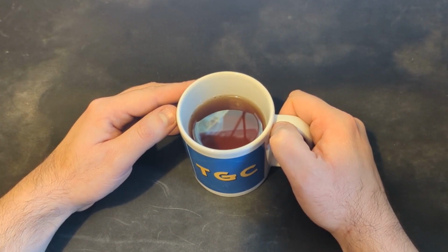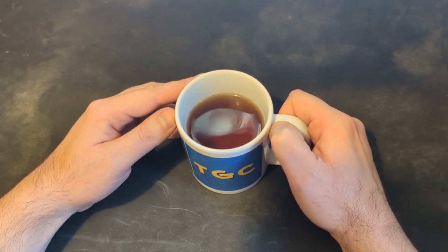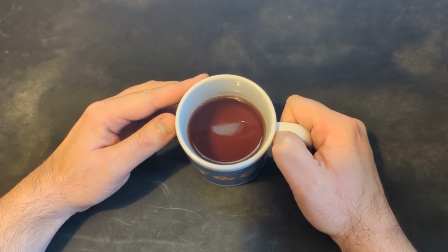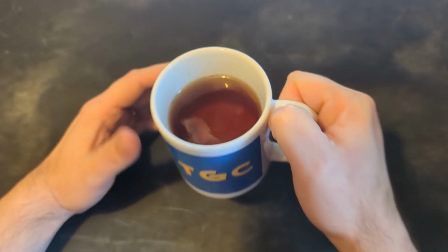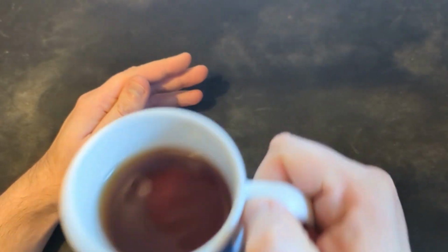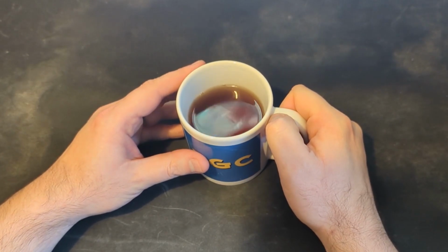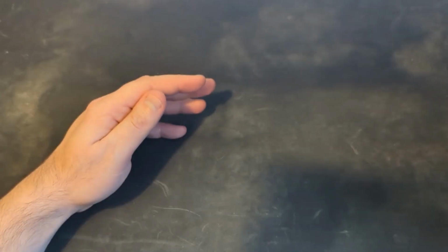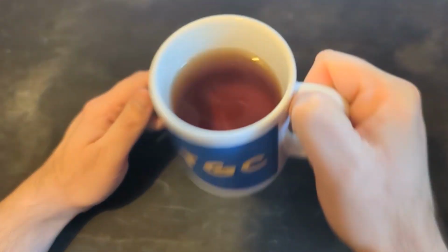And here we are with our lovely freshly brewed cup of Melbourne breakfast tea. And I mean, to look at it, yes, it's very clearly a black tea. It looks like a black tea. Now, in terms of how the tea smells, it does smell quite vanilla-y, but only quite close up. Like, I can't smell vanilla from here. I can't smell it while the tea is all the way down there on the table. But if I do put it right to my nose and give it a sniff, then yes, I can definitely